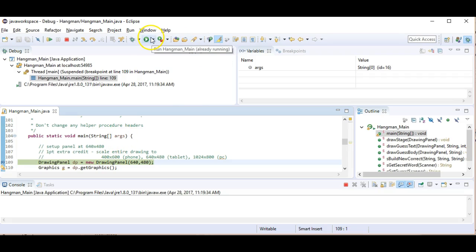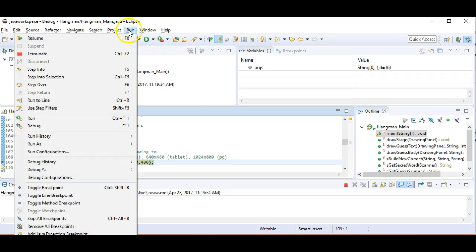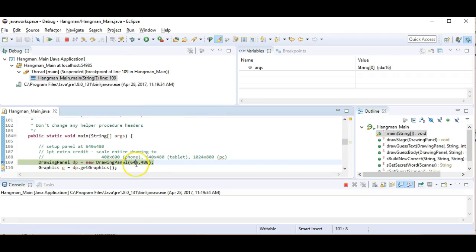Okay, so now let's look at the options for when we're running. We can now step over, which is generally the command you're going to use. Step into, if you want to step into a function, you can press F5. I believe F8, yes, F8 is resume. But let's just step through some lines. Okay, so I'm going to be pressing F6. Let's go F6,